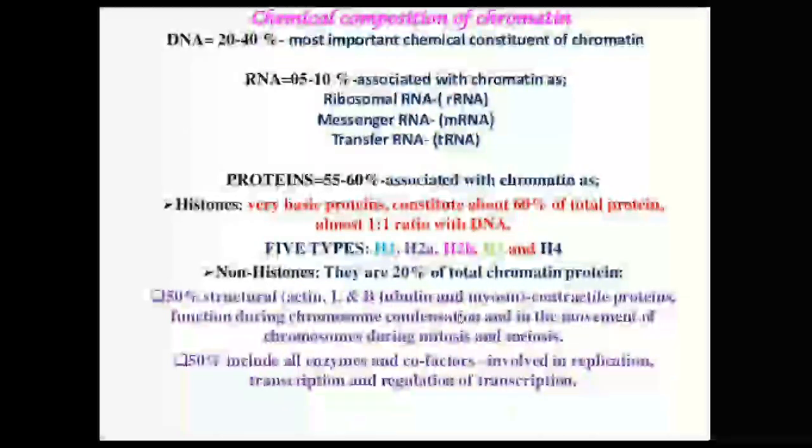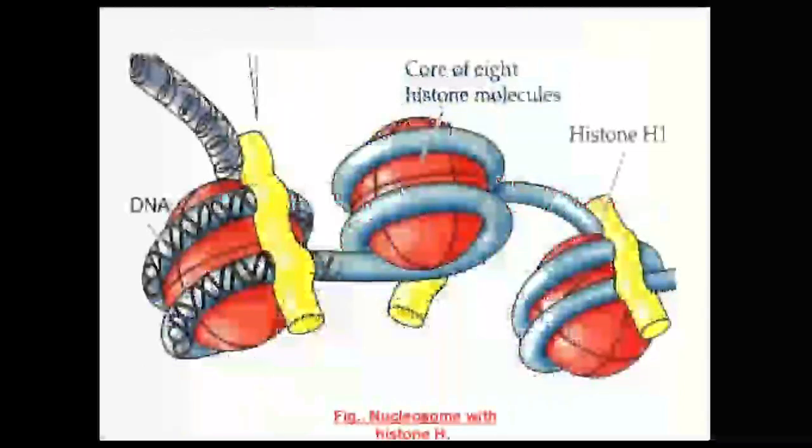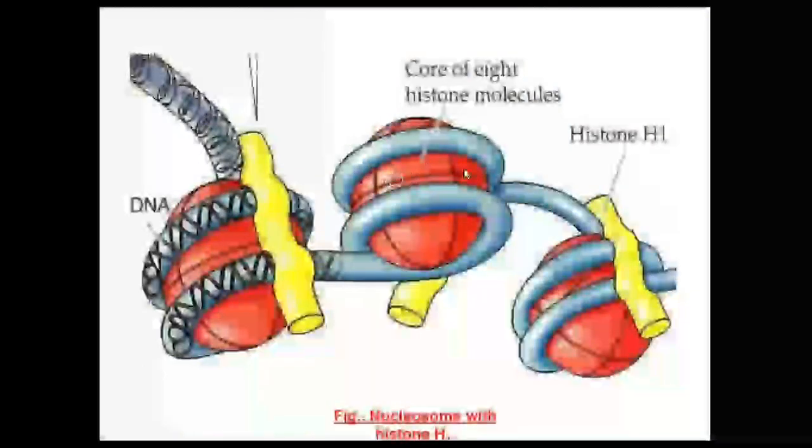So this is the histone protein, and around this histone protein we have DNA molecules. Histone proteins are basic in nature, and DNA is acidic in nature. This histone protein has an octet shape, that means it has eight units. And this is the H1 protein, which is present outside the histone, and combined these two are called the nucleosome. So a nucleosome has histone proteins along with DNA molecules.